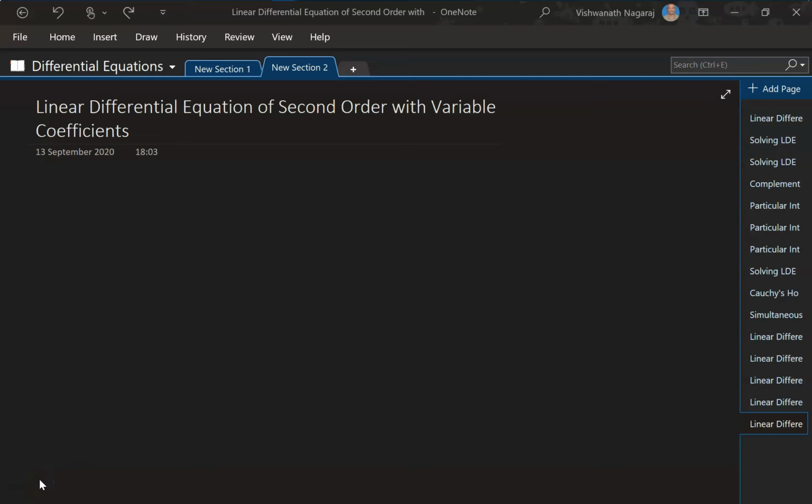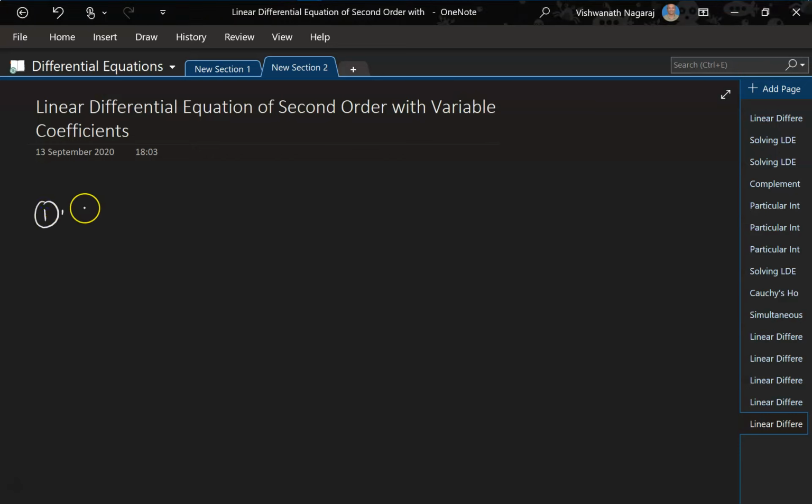Okay, continuing with our previous session. In the previous session, we looked at how to solve using the method of changing the dependent variable, or in other words, reducing it to normal form. Now, in this session, we are going to solve one or two problems based on that